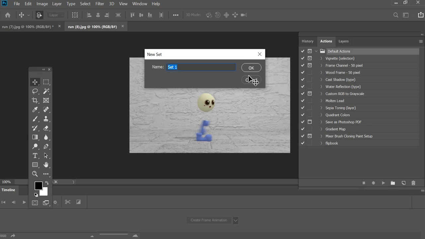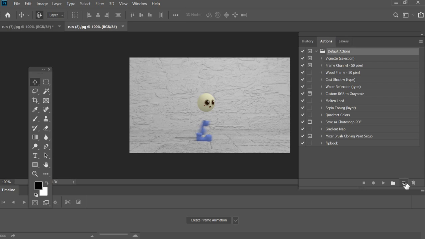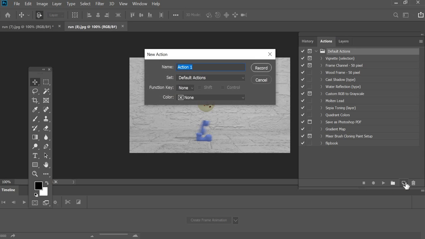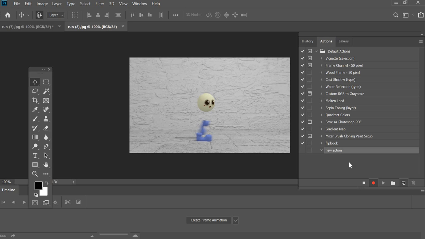Click on this. I want to click this button here which says new action, and I'll call it new action. Okay, so now the new action is created, and then we are recording whatever changes we do